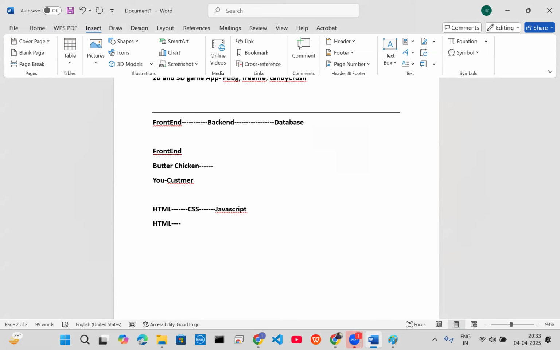Before you create a building, a house, the important thing is the brick. By setting so many bricks, you will first create one foundation or one structure of your home. After that, you will do some colors or some designing in your house. So HTML is the first thing, it is the building block of the application. Like what is